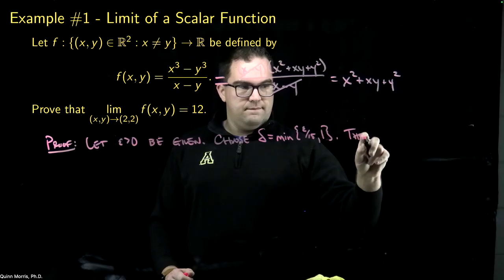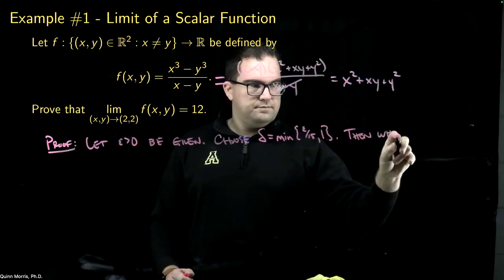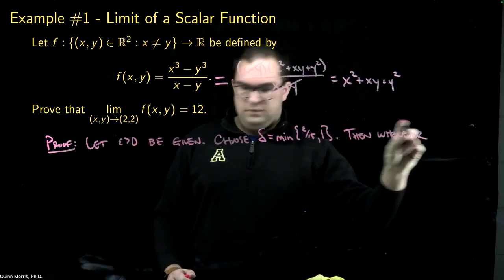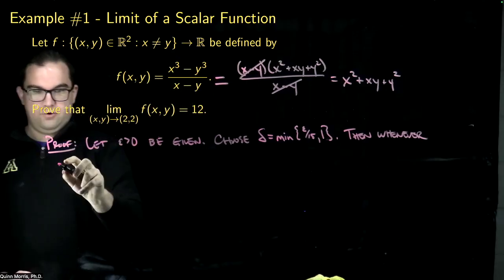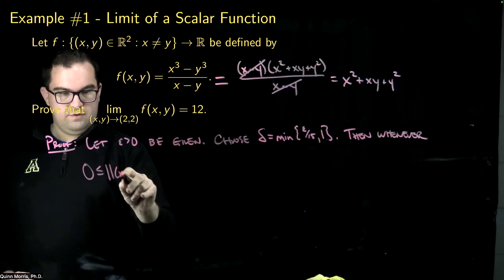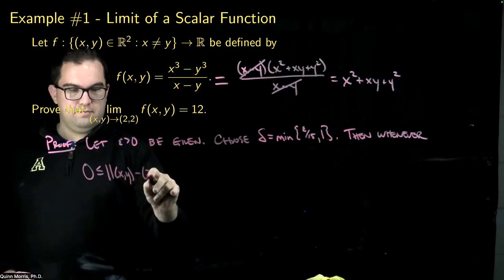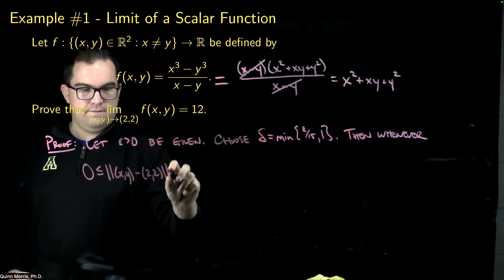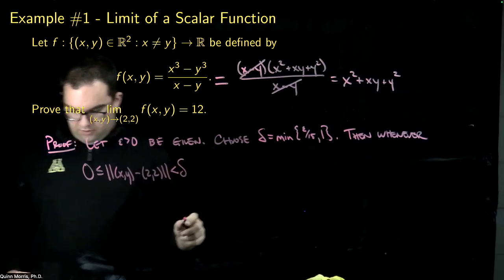And then whenever the norm of (x, y) minus (2, 2) is less than delta,